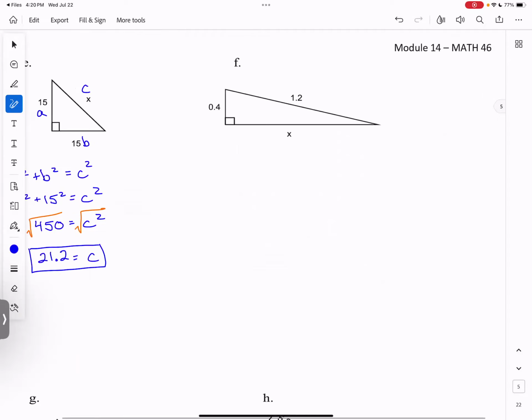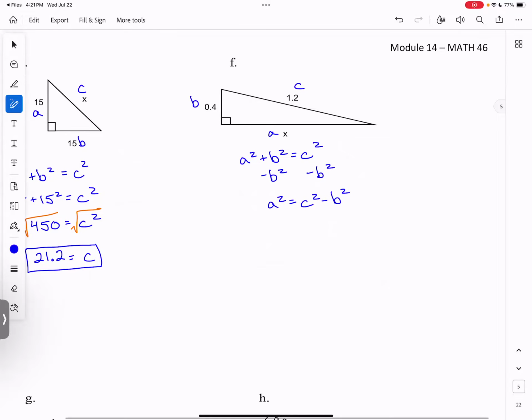Okay, next one, again, we're going to label ABC with c as our hypotenuse. And so a squared plus b squared equals c squared. We're looking for our a, so I'm going to start by subtracting b squared from both sides. So a squared equals c squared minus b squared. If you want, you can add this formula to your formula sheet too, if that's helpful. And so that means my a is x, so x squared equals 1.2 squared minus 0.4 squared,